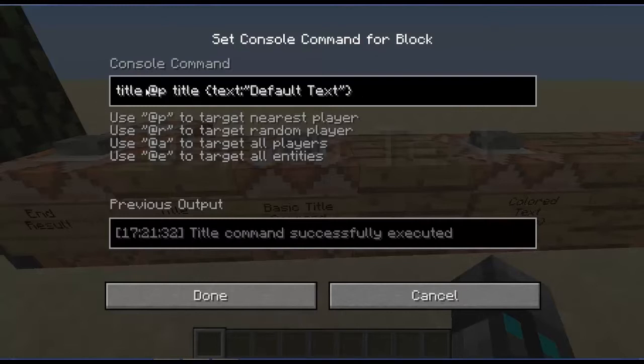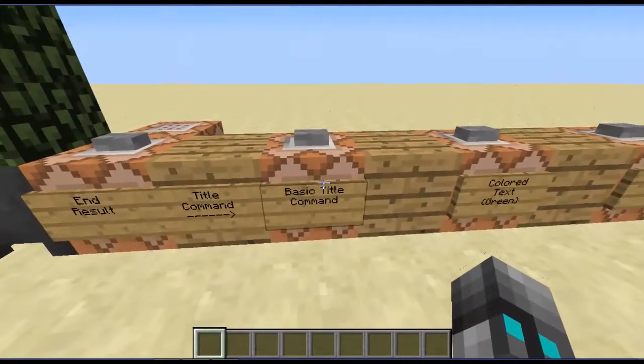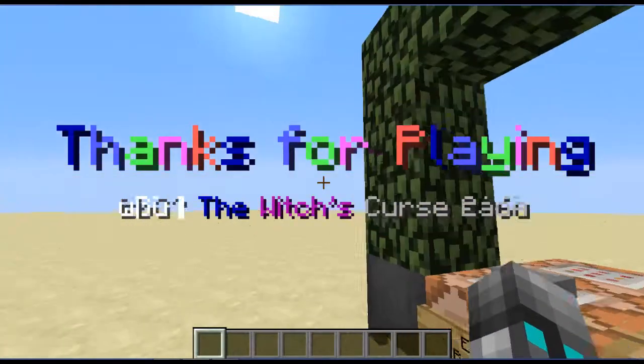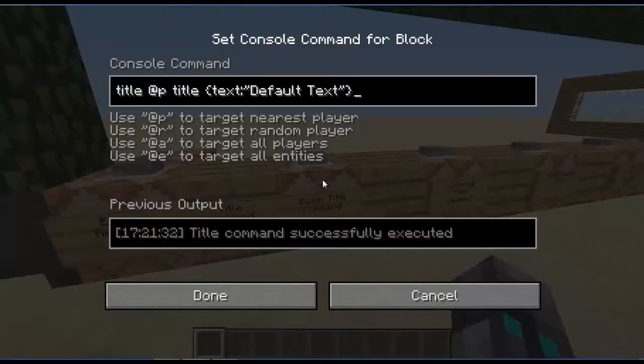So you can have title @p subtitle, which will be the bottom one, which would be the witch's curse would be subtitle, and thanks for playing would be the title. Okay,